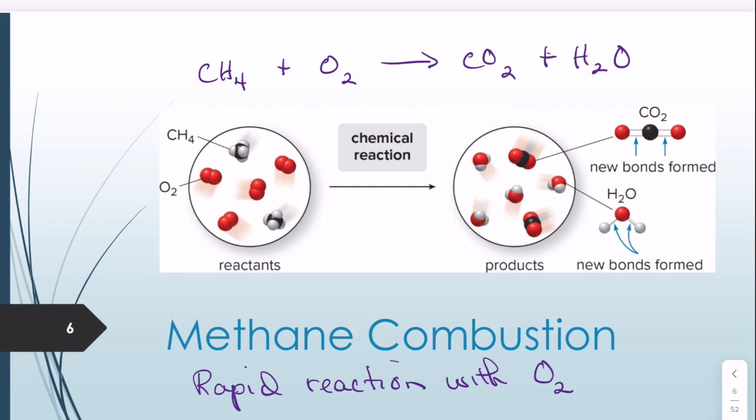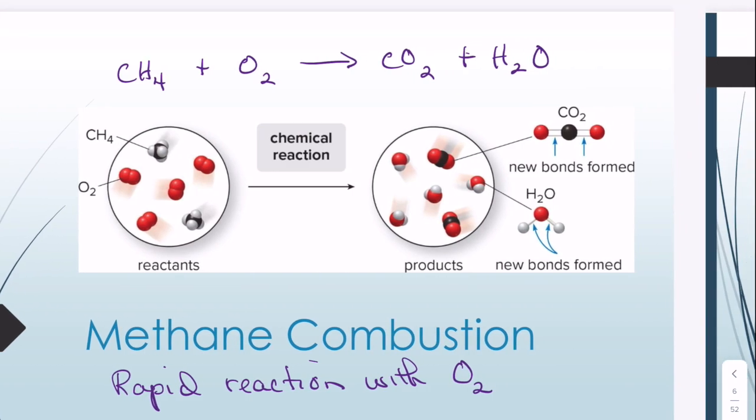On the left side as our reactants, we have methane, CH4, and O2. All right, they react, and no longer do we have methane and O2. What we have is carbon dioxide and water. So we have noted here that the identity of the substance has changed. Now we'll note that the atoms are the same. All right, and we're going to talk about balancing these chemical reactions in our next few slides.